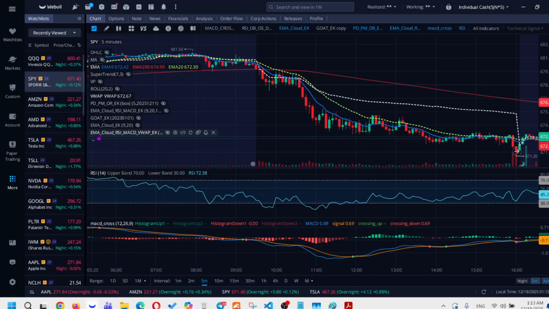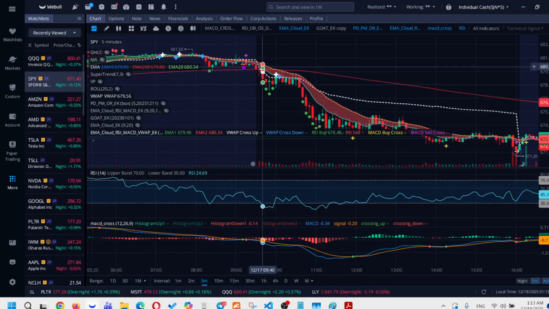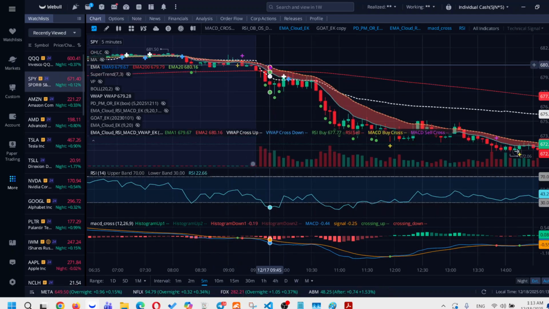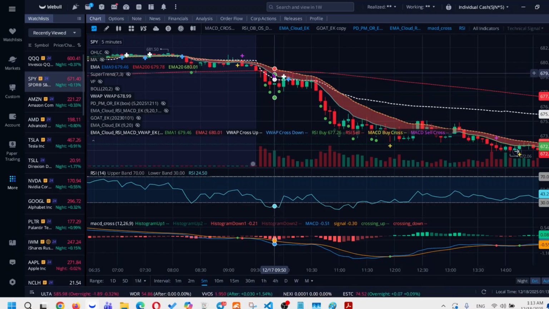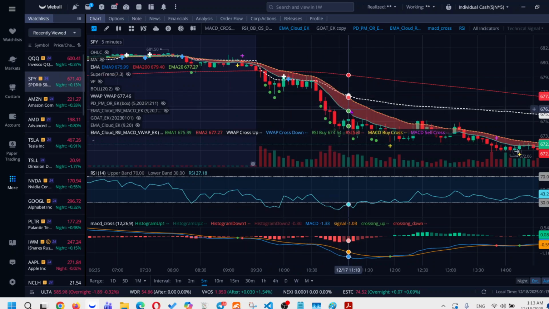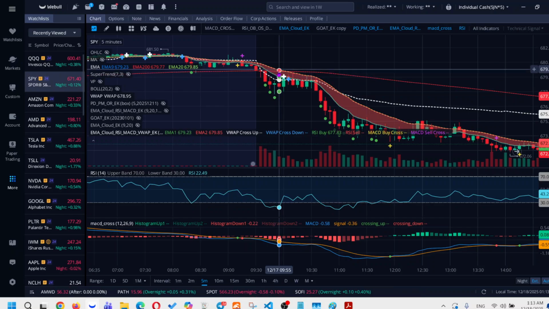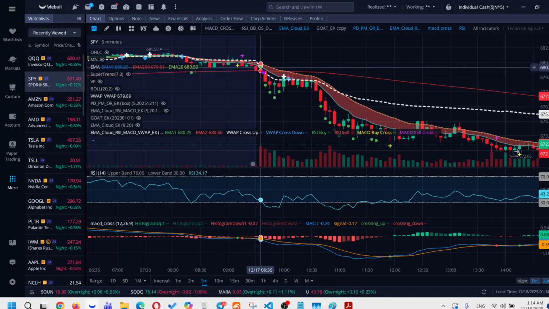And just to show you what this indicator does, when I turn it on, you're going to see a lot of indicators, just like what we have here. The EMA Cloud, I have another video on that. It shades the area between the EMAs red when the fast EMA crosses below the slow EMA. In this case, our fast EMA is a 9 EMA and the slow EMA is a 20 EMA. So when it crosses below,